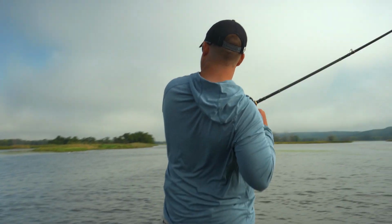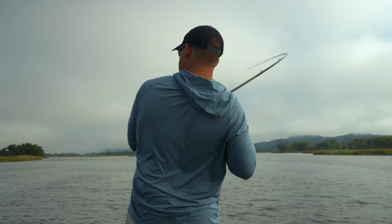Next up would be the power of the rod. The power of the rod is how physically strong, how much physical weight the rod can actually pull back and hold, and how thick and heavy a line you can use. The lighter power your rod is, the easier it is to cast and the lighter lures you can throw, but the more powerful it is, the more you can use heavy line and use it for catching larger fish or